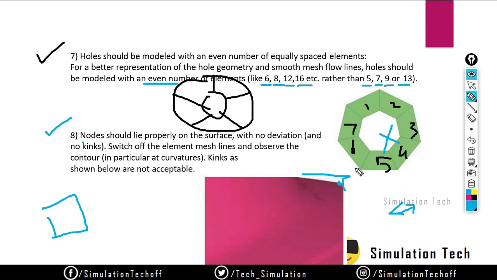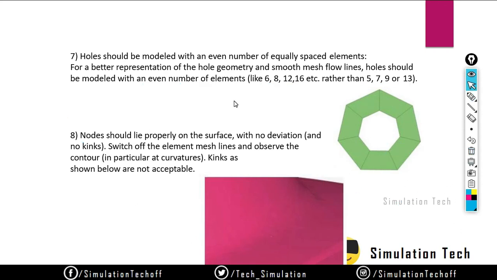If you notice such a condition, you have to delete the entire mesh and try to remesh it by changing its element size, whatever it is. You have to notice it. There are quality methods to identify this also. We will see that option in our upcoming sessions, how to identify when a node does not lie exactly on the surface.